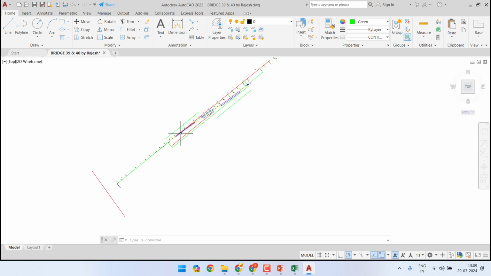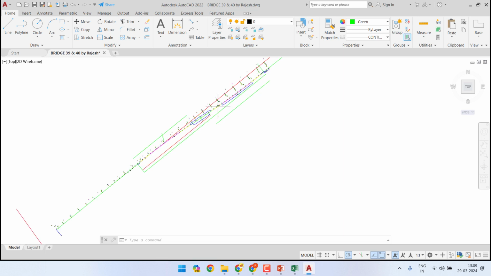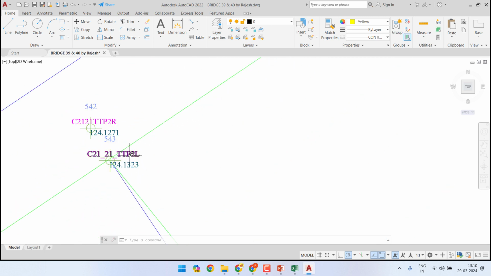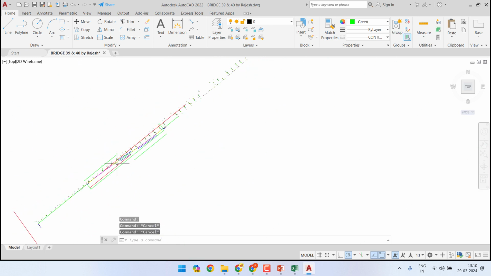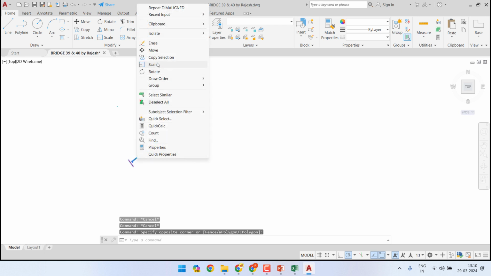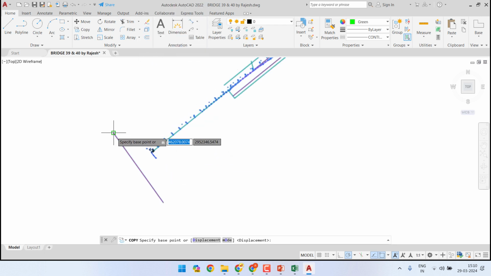What we will need to analyze is whether or not we should use it as the right solution, or whether we increase the value of transition length by 10 meters each, so that our TTP1 and TTP2 come almost at the same location. So for that, let us copy this whole file and copy selection, and let us move it